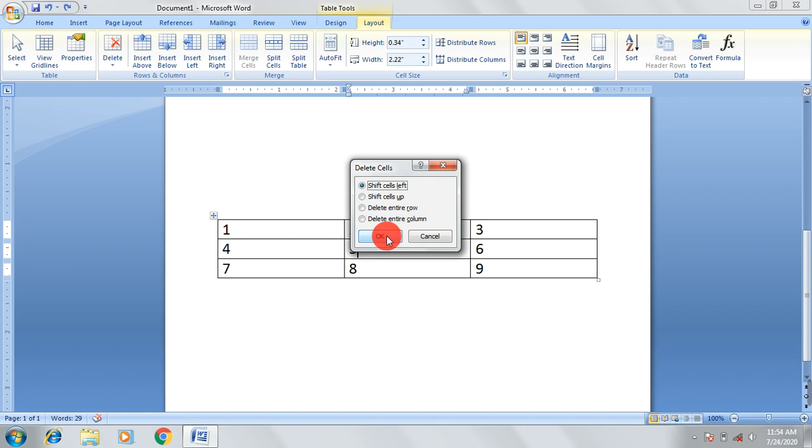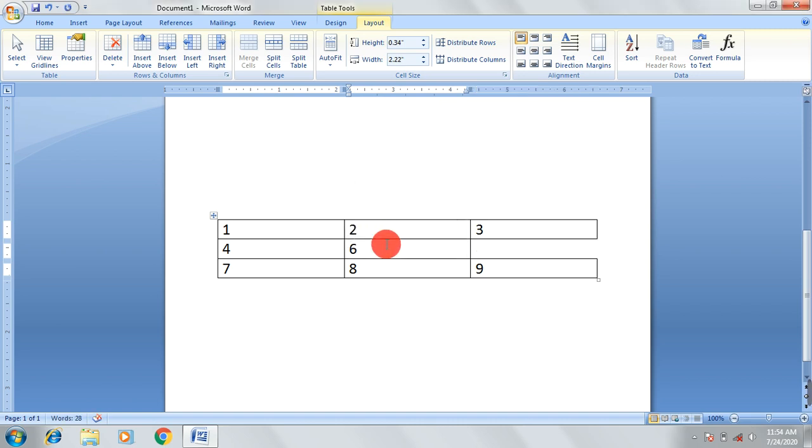So select that option and click on the OK button. Now you can see the cell containing 5 disappears and the cell from here shifts back to the position of number 5. So now you can see 6 here in the center. This will happen when you shift your data left.